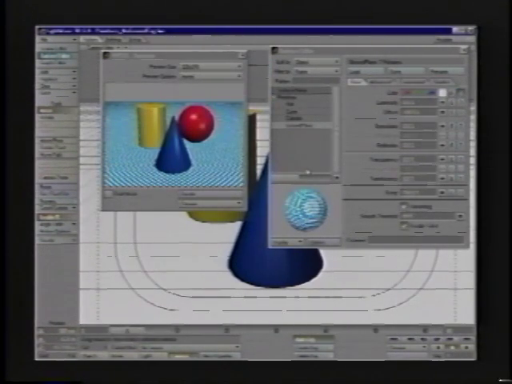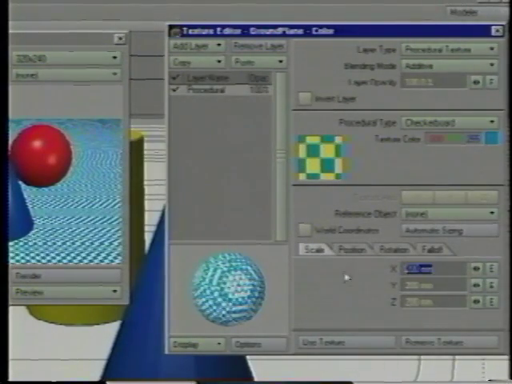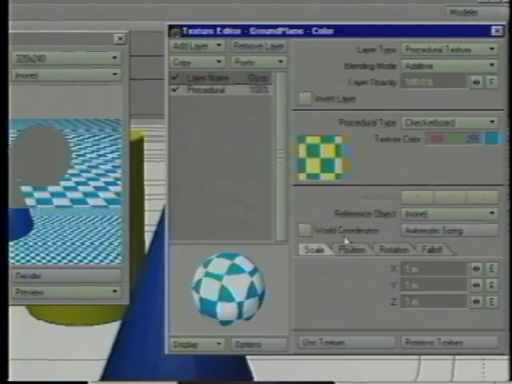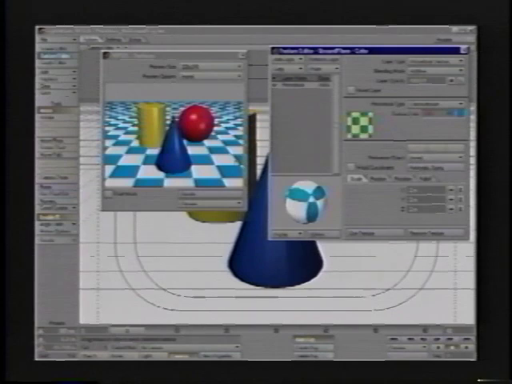And you can see the size is a little small. So go into the T button, scale. Let's just try 1 meter cubes. That's pretty good. Let's try 2 meter cubes. Okay, perfect. So again, with Viper and the new texture editor, it's so easy to move around and get these things set up. But what I want to show you now is the